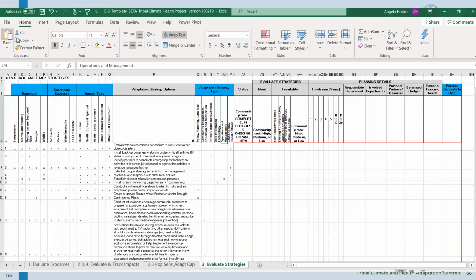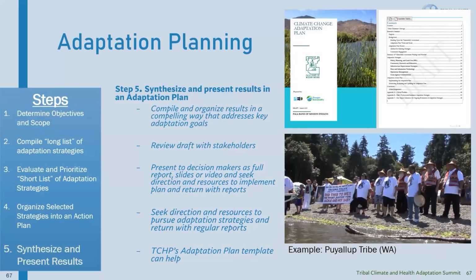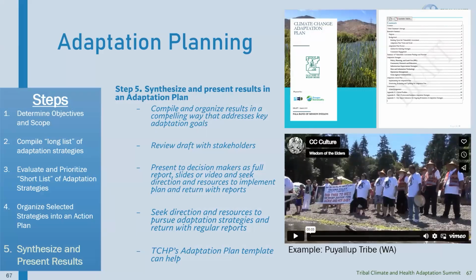And the last thing is just to synthesize it into a report. And we are going to do a little activity just to look at some reports. The one you see up in the right there is what I said is available to you all. We have a Word version of the PALA adaptation plan that you can just download and make your own. We're very happy if you do that. It's organized the way we organize this training by exposures. We look at the exposures, we look at all the impacts of the exposures. That's in the vulnerability assessment. Then we take that and we do a plan. We organize the strategies